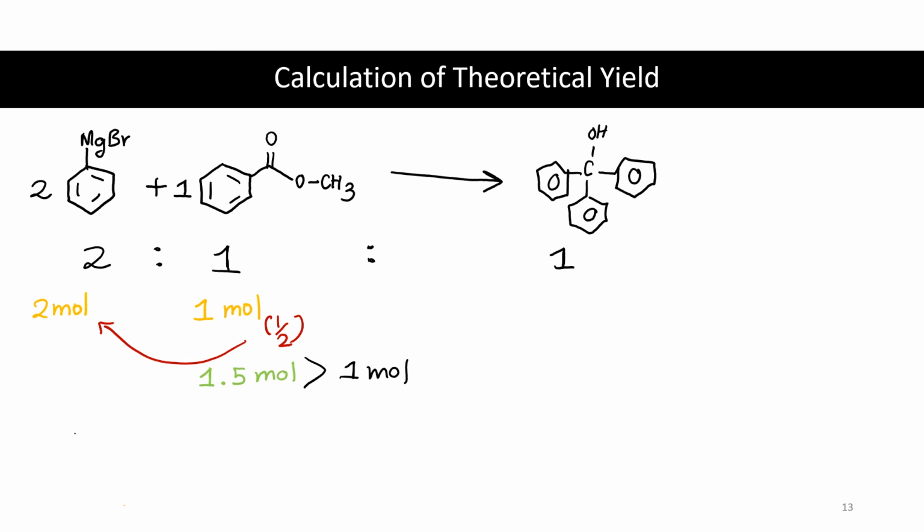Because for these 2 moles to react, you only need 1 mole, but if you have 1.5 moles, that's more than you needed, which means this reagent is the limiting reagent. But if the number was, say, lower,